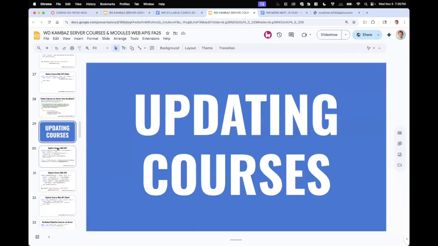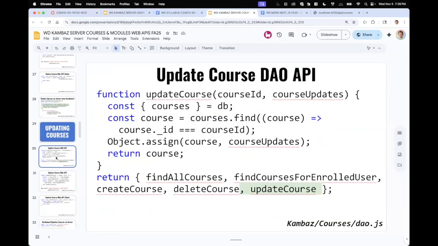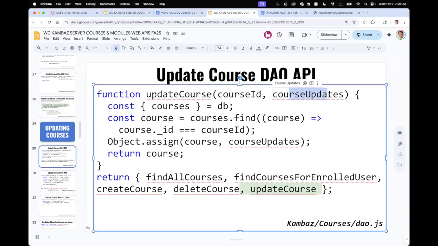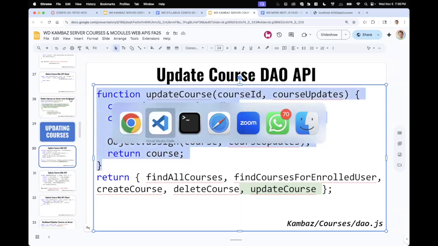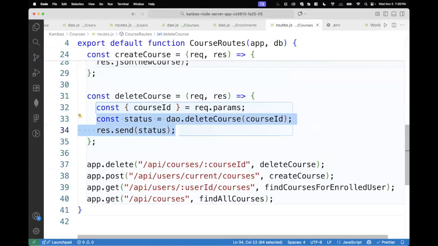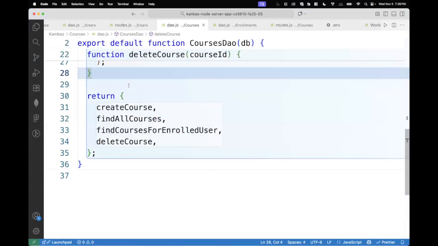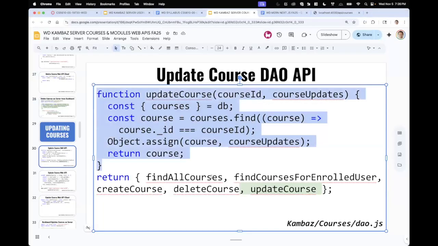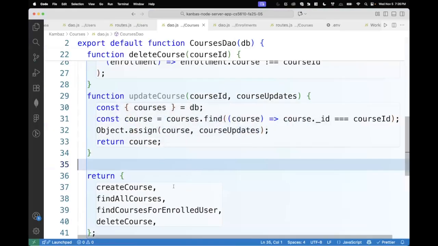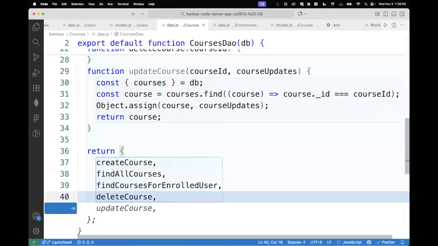All right. How about updating a course? So to update a course, we're just going to replace a course. You're going to send us a course update, and we're basically just going to swap out the course when we find it by its own ID. Again, same thing that we would do on the front end, but we're doing it by modifying data structures on the back end. So on our DAO, we're going to update that and make that new function available in the map, the API,